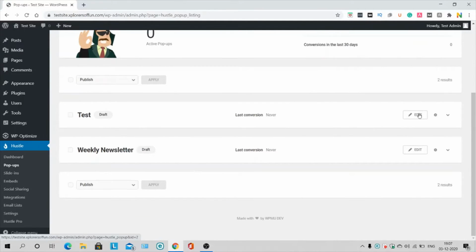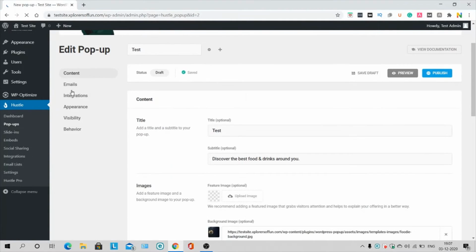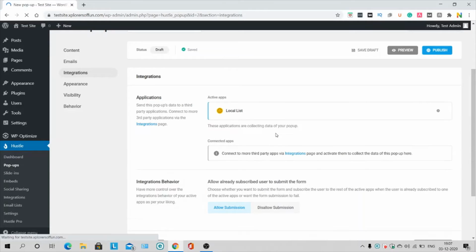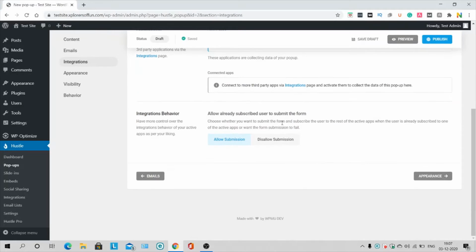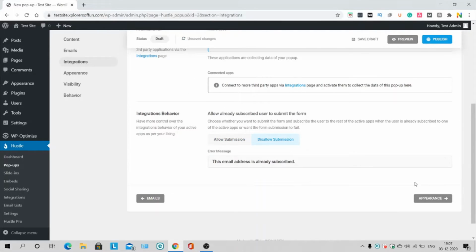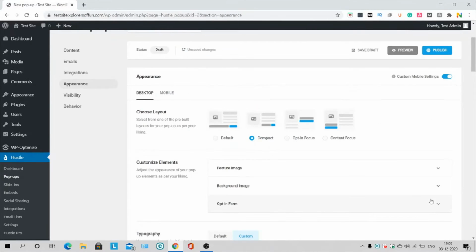Here we have this test, edit. Now for integrations, you can connect one integration in this plugin and then select it over here. And you can disallow submission to users who have already submitted it.